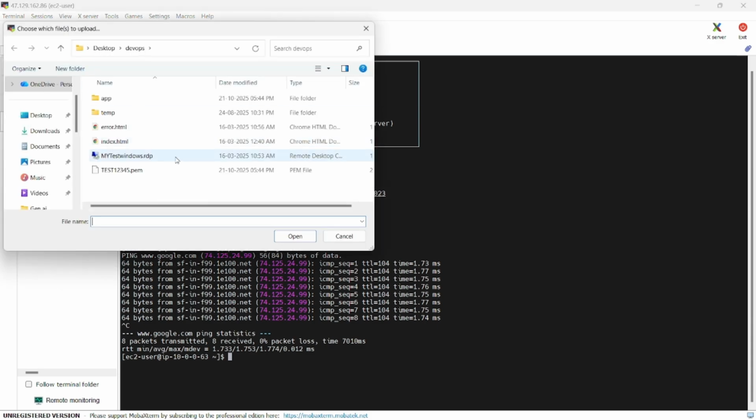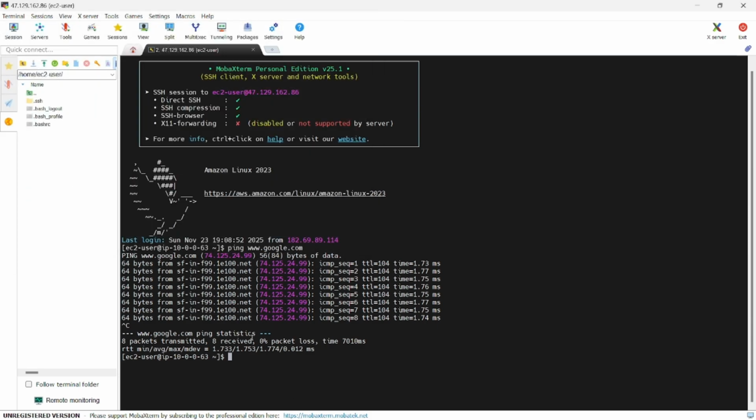So here I'm going to upload my PEM file. You can see my PEM file is uploaded successfully in my public VM. Whenever we check ls -l here, you can see we have read and write permissions. But I don't want to give that permission. I just want to give read permission for my PEM file. Then what do we have to do here? Already we know that, chmod, which we discussed in our Linux